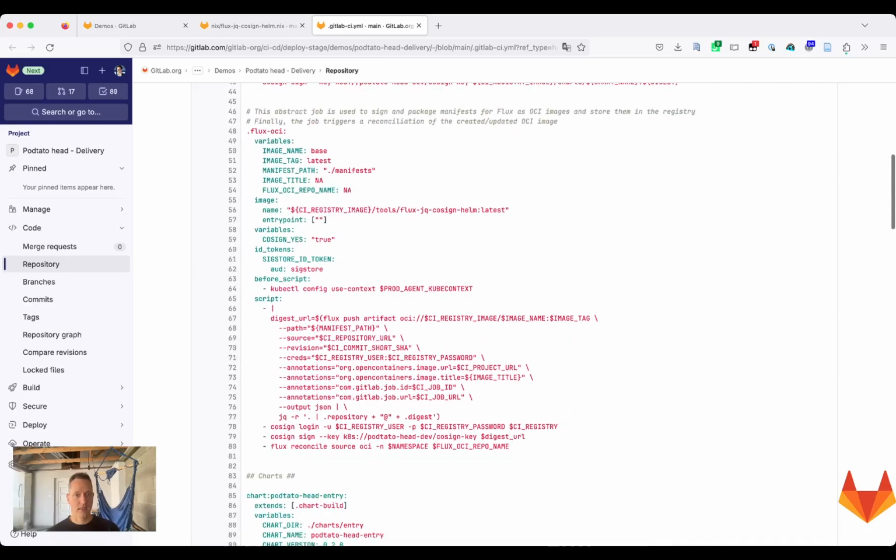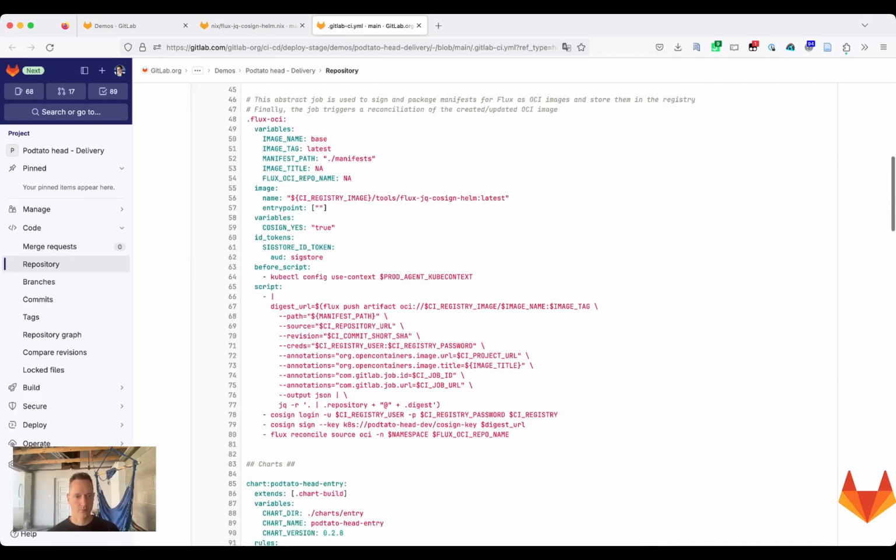And what we do in the Flux OCI job is create the image with Flux push artifact, and then we extract the digest URL of that image in a single call, and we log into Cosign and sign the image. Now login happens with the ID token, the OIDC support in GitLab CI, so you don't have to store any long-lived tokens within GitLab. And once the image is signed,